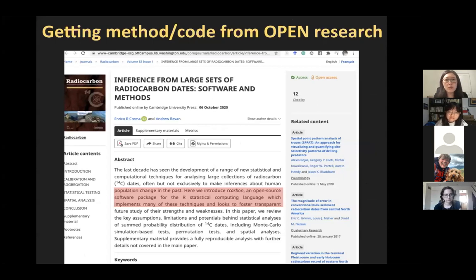And the second one, to understand the demographic trends, I applied a method from Dr. Anna Kramer and Andrew Weban. They introduced a new R package called rcarbon. This is an open source software package for the R statistical computing language, so that you can easily adopt it for your research.